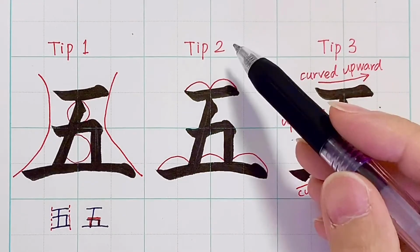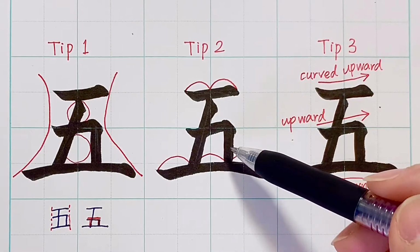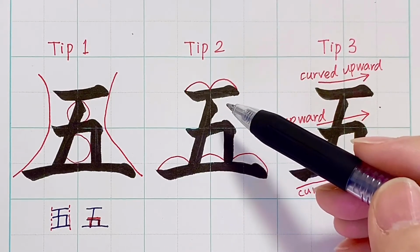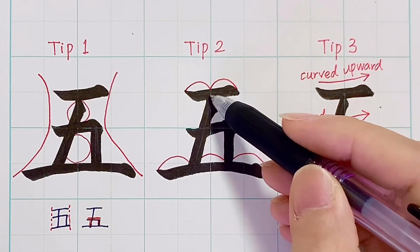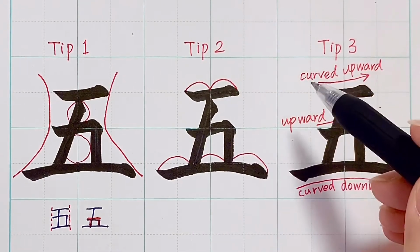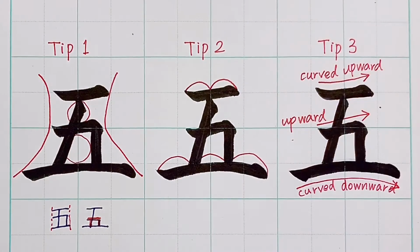Okay. Tip 2. This tip is about these 2 vertical lines. Strictly they are not vertical, a little bit tilted, so I will explain how much tilted. This stroke starts at the middle of this stroke and ends at the trisection position of these strokes. This stroke also ends at another trisection position. So